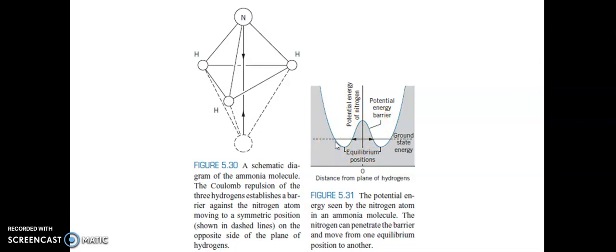But according to quantum mechanics, the nitrogen can tunnel through the barrier and appear on the other side of the molecule. According to classical mechanics, this tunneling is not possible. But according to quantum mechanics, the tunneling is possible. Actually, the nitrogen atom tunnels back and forth with a frequency of 10 to the power 10 oscillations